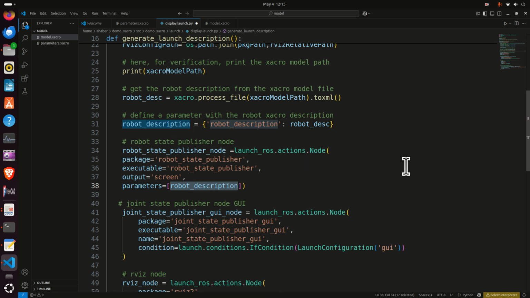The robot state publisher node receives the state information. That is, it receives the state information of every joint. In our case, the state is the rotation angle of the joint, the rotational velocity of the joint, and the effort. In this video tutorial, we are only changing the rotational angle, and this information is passed to the robot state publisher. The robot state publisher node takes that information and uses the model of our robot to solve the forward kinematics problem. That is, it's going to calculate the complete